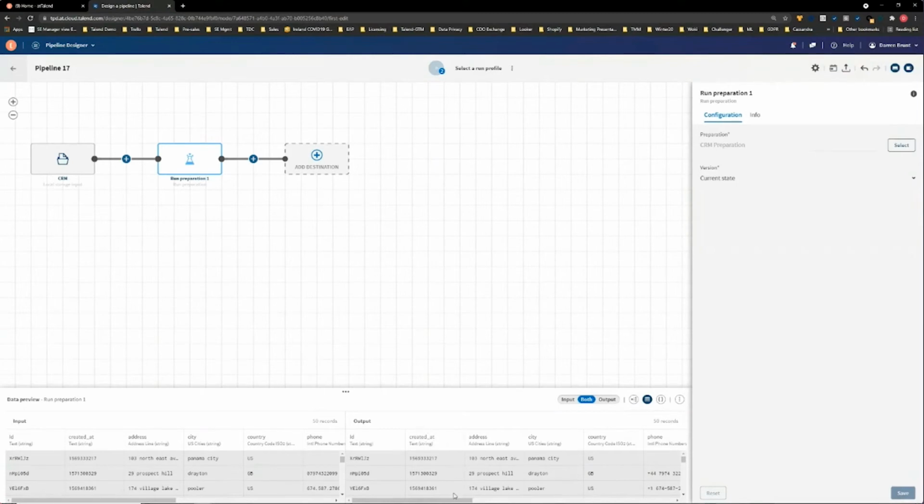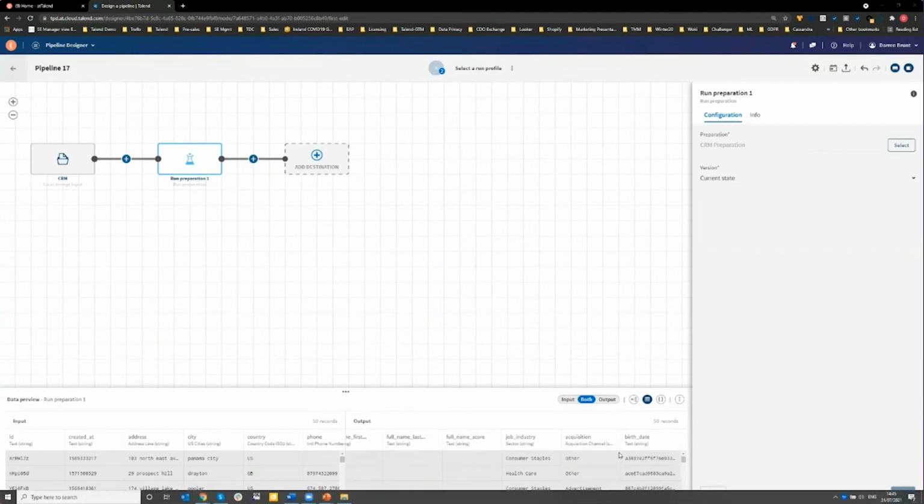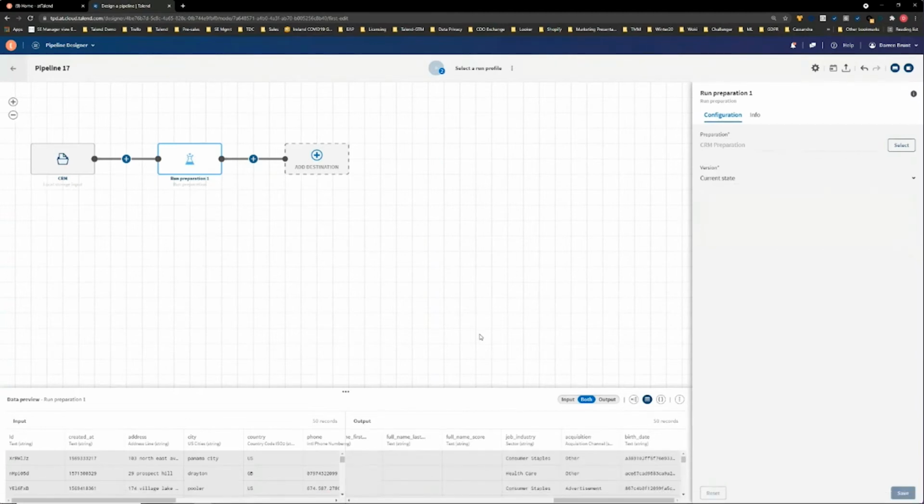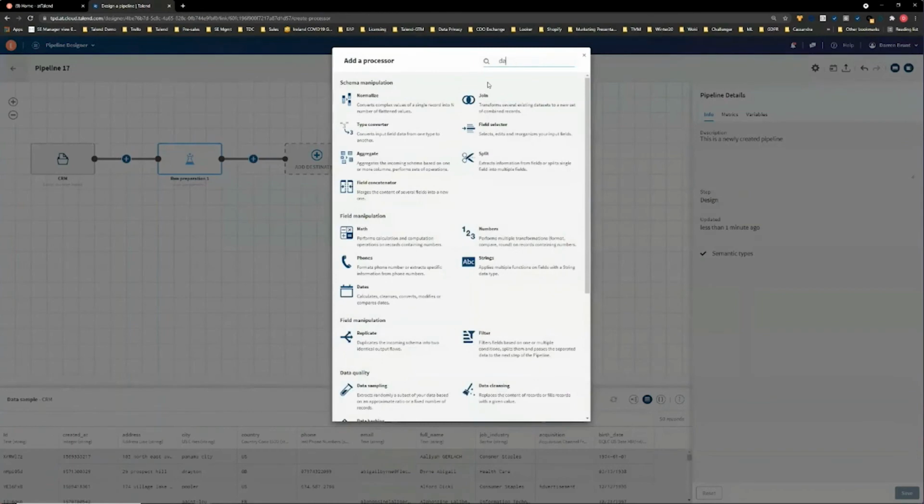So hopefully when I save this, we should start seeing on the output here what the impact of that preparation would be. So here we can see, for example, we now have international phone numbers listed there. We also at the back end here have other and all of our acquisition channels populated. So we can see the effect of the preparation that has been conducted by the business user, but now being applied operationally by the data engineer. Okay, so next up, we have something here called created at. I actually want to, from a data engineering point of view, want to deal with that as a better timestamp.